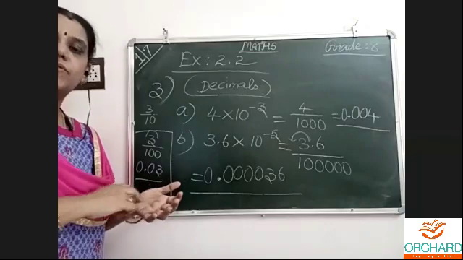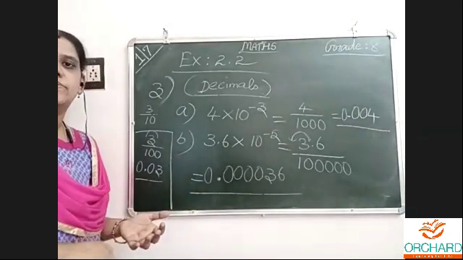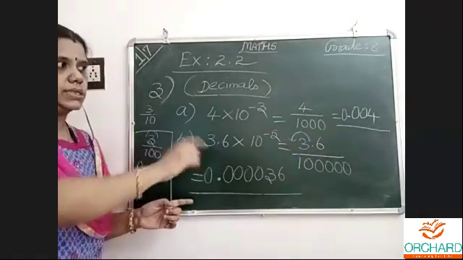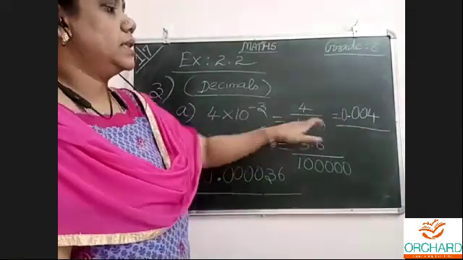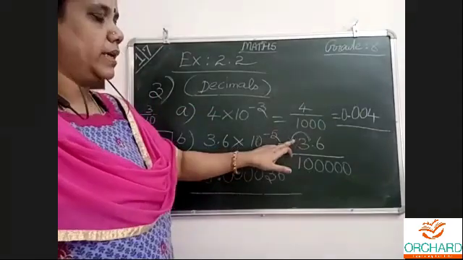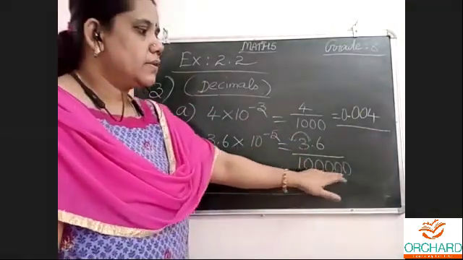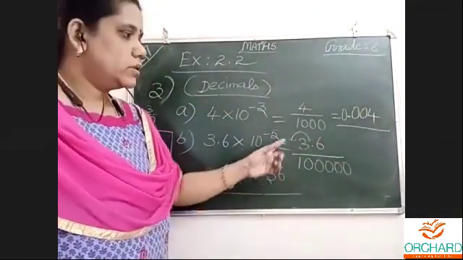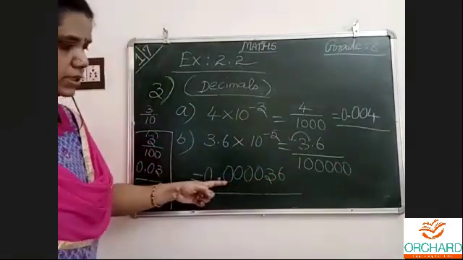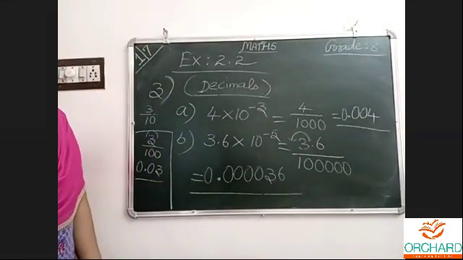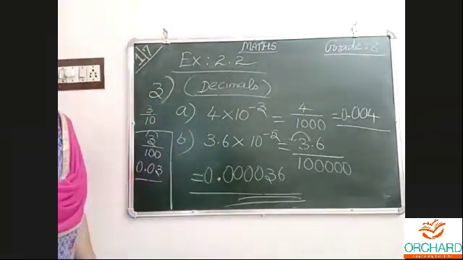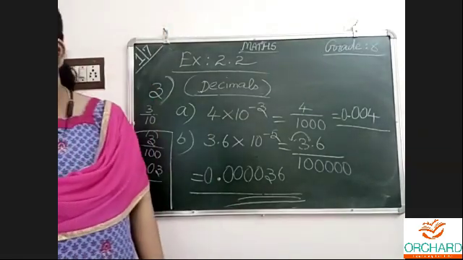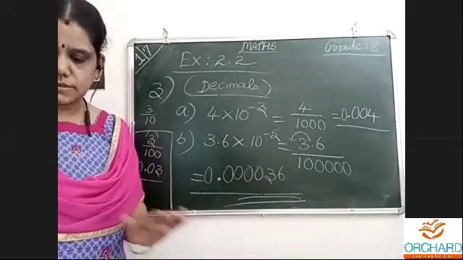When you do it in a mobile phone, tick, tick, tick, easily we'll get it. But we have to know how to do it. So this is the way. Point is moving. 1 digit is there. 5 digits to move. So 1 is here, remaining 4 zeros. That's all. This exercise is over. Our chapter of powers and exponents is over.